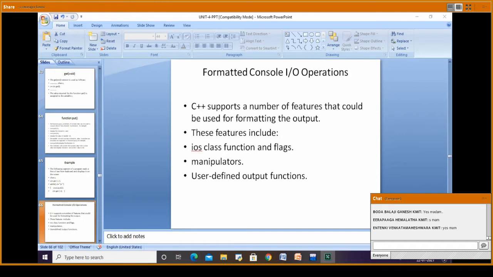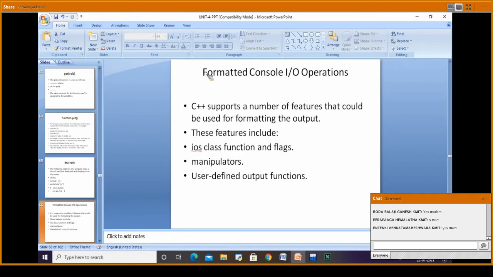Clear? Right. So what do you mean by formatted console IO operations? See, this thing we were studying from C onwards. How do we format the console IO? C++ has a number of features that can be used for formatting the output.